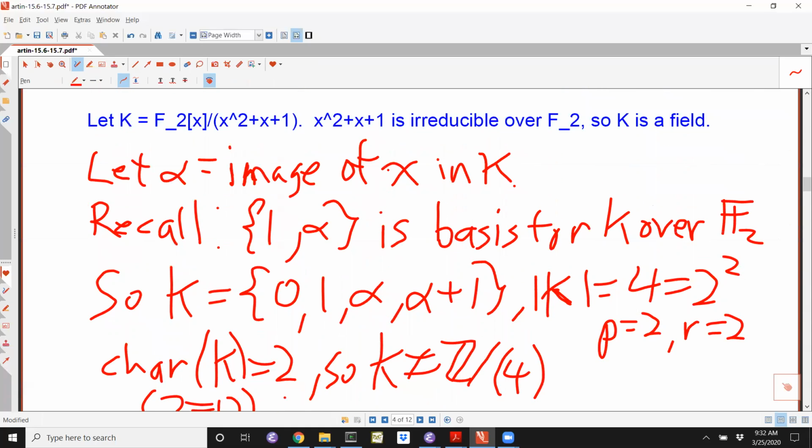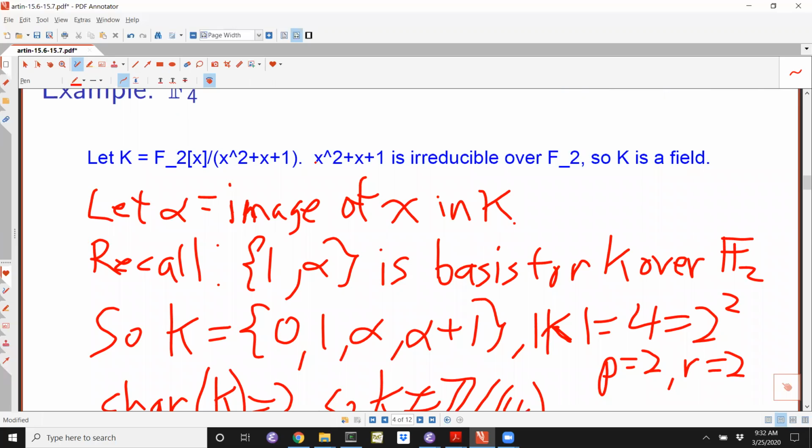Okay, so let me scroll back here. So something I forgot to mention up here is that because alpha is the image of x in K, and K is defined by killing x squared plus x plus 1, that means that alpha squared